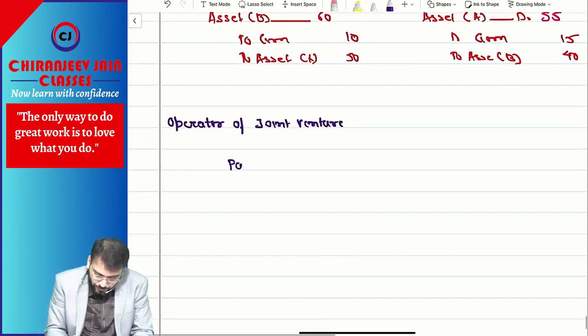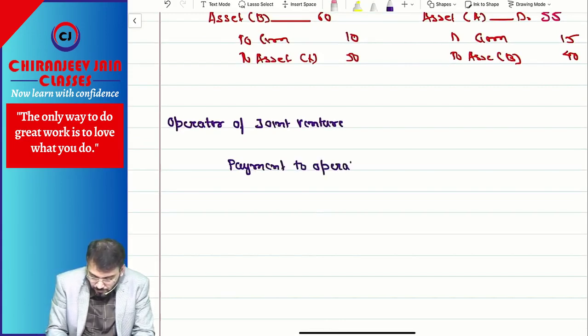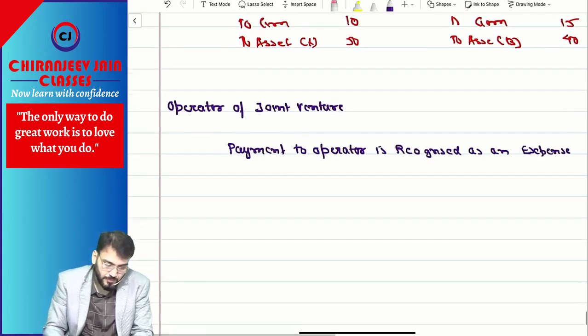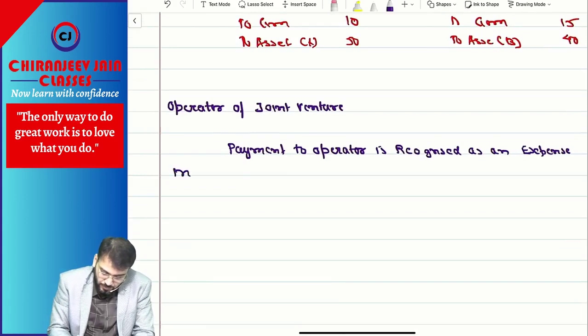Payment to operator is recognized as an expense in the books of joint venture and